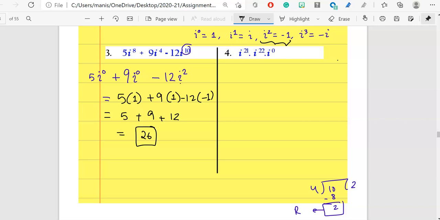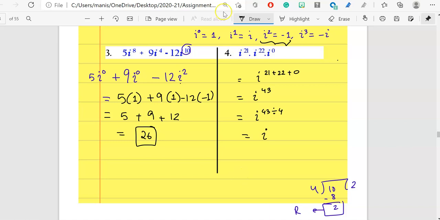Isn't it easy and simple? Let's look over here. Now I just see no plus and minus sign over here. What I see, I just see times. This reminds me of the law of exponents. When the bases are the same, I can add the powers, since there is a multiplication sign over here. So my next step will be, I will add all the powers over here. So it is my what? 43. Okay, same thing as I was doing earlier. I will divide the exponent by 4, and whatever is my remainder, I will write it over here.